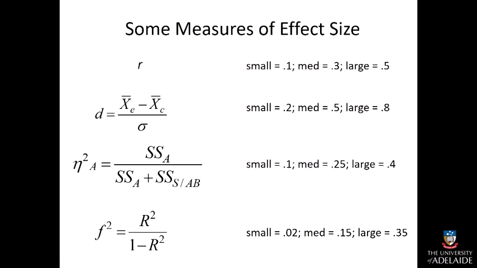It's a measure of the magnitude of the linear relationship between 2 continuous, normally distributed variables. And there are conventions in psychology or social science more generally about how we interpret the size of effects. So correlations of 0.1 are small, 0.3 are medium, 0.5 are large. Those of you who